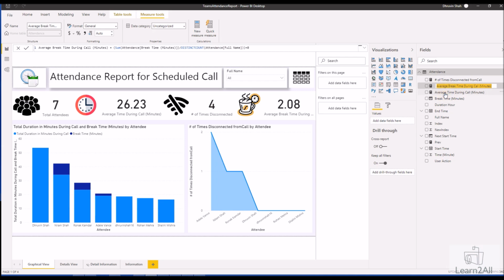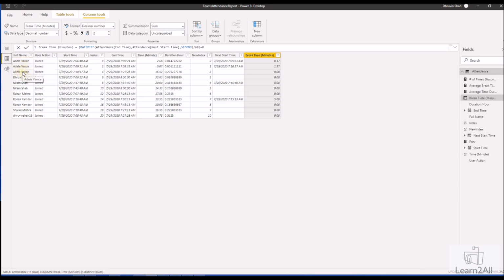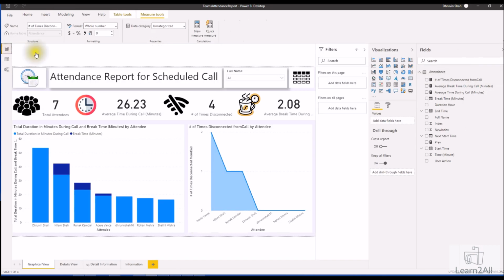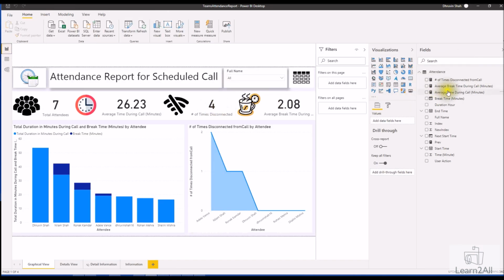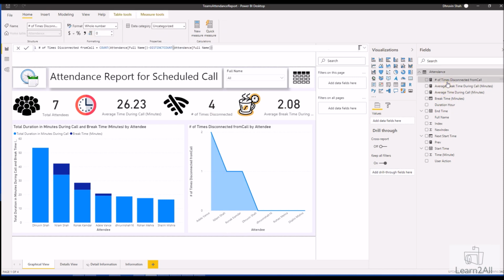Then the average time during the call is the sum of total time in minutes divided by the distinct count of attendees, right? And for the number of times disconnected, let's say for example I am getting 3 counts of Idle. So one time obviously every user will join, but 2 more times he has disconnected, so the total count of Idle minus its distinct count is considered as the number of times disconnected. So I just use this formula.